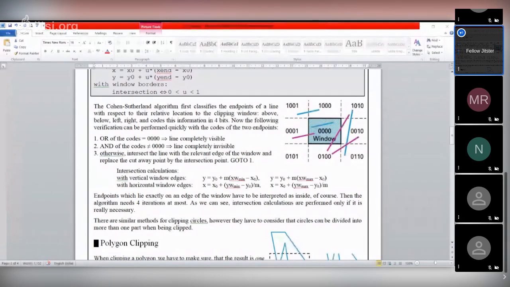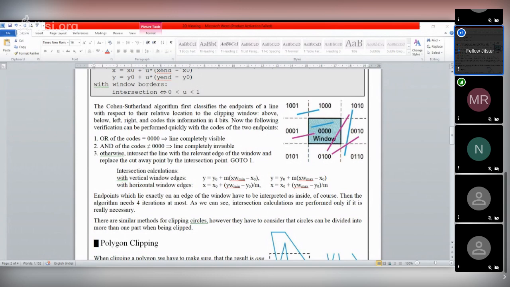From this equation, fixing this coordinate value in the equation, here you know x min, the window's x min, that is a particular window x min. Then using the x min value, we can find the particular y value at this intersection point. So in this way, using the vertical window edge and horizontal window edge, and just considering the slope, we can easily find this intersection point using the corresponding values of the